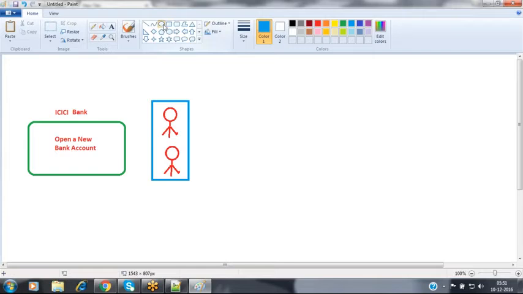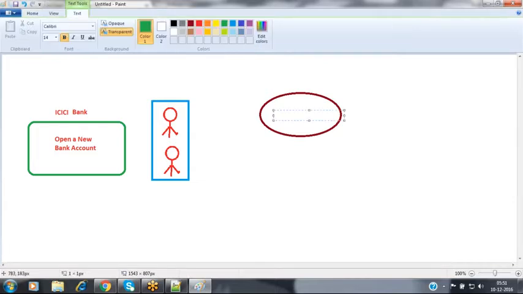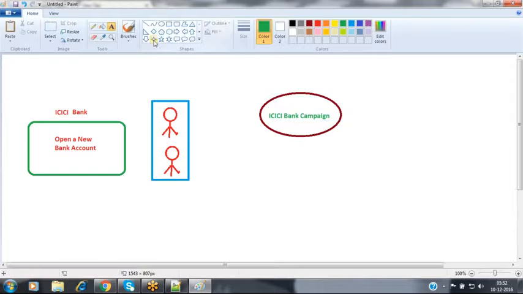So assume that ICICI Bank is conducting a campaign, and during that campaign, you can show your interest.